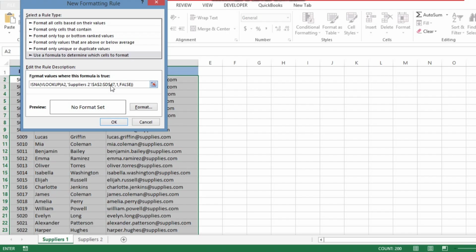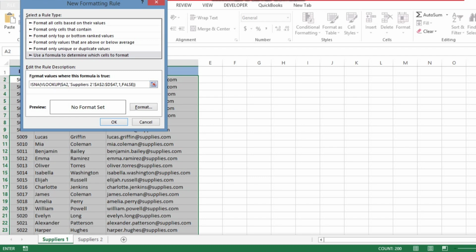Now there is one last adjustment we will do to this formula because it's not going to get us the result that we want. As I have selected the entire table range, all 4 columns and all 51 rows, this formula isn't quite ready yet. If I left it like this, Excel wouldn't know how to check each row properly as it applies the formatting. The trick we need here is to fix the column reference so that Excel always looks at the supplier ID column. That's column A, no matter which cell in the row it's coloring. So I'm going to add a dollar sign before A here,